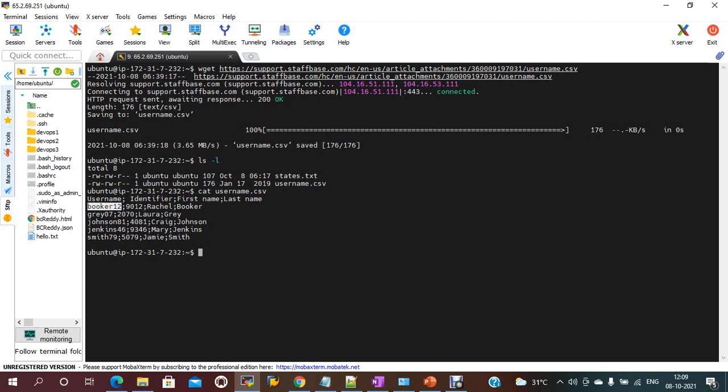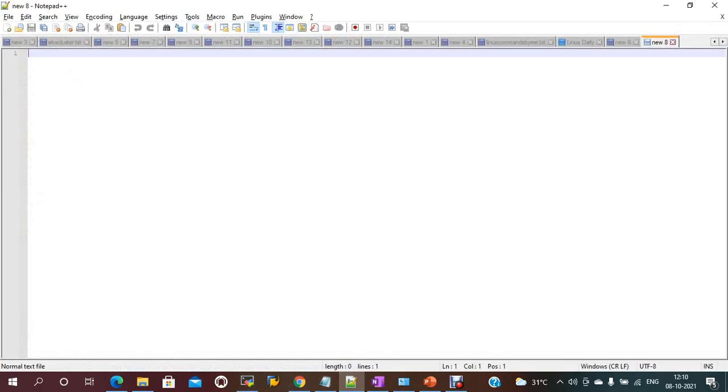To separate each user's information, we use delimiters. A delimiter is one or more characters that separate the text string. The common delimiters are the pipe symbol, semicolon, or comma, or quotes, or braces, or slashes.